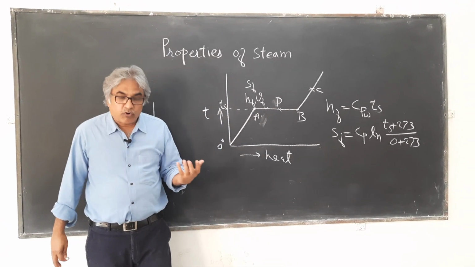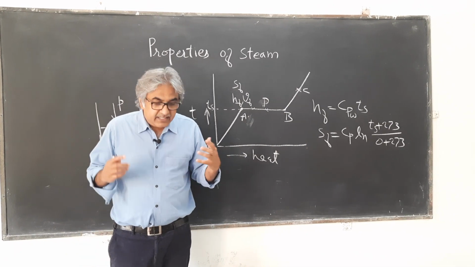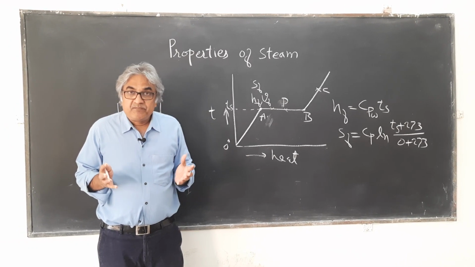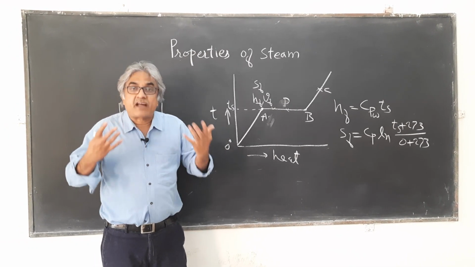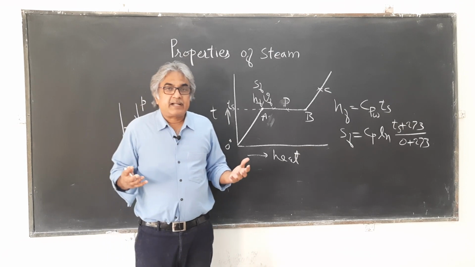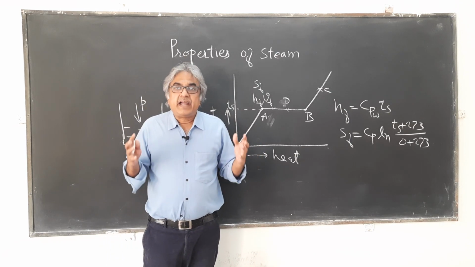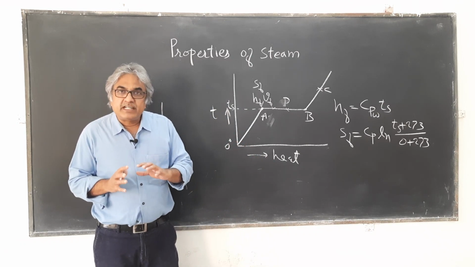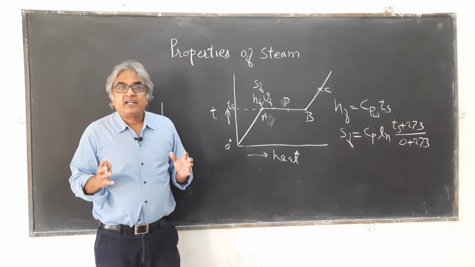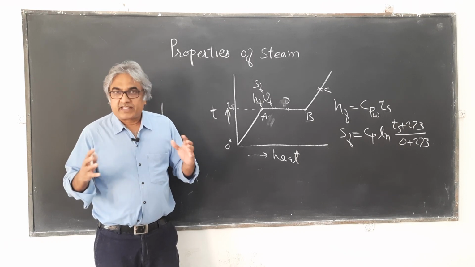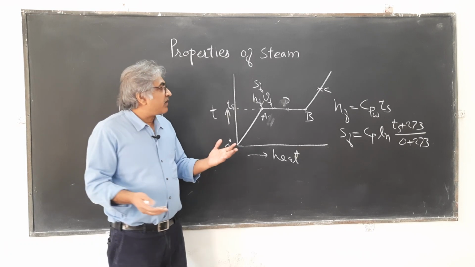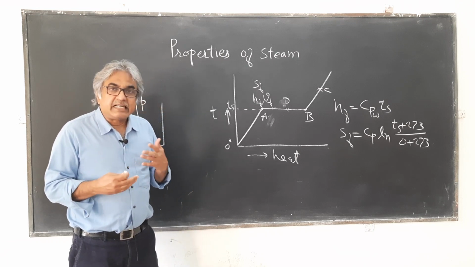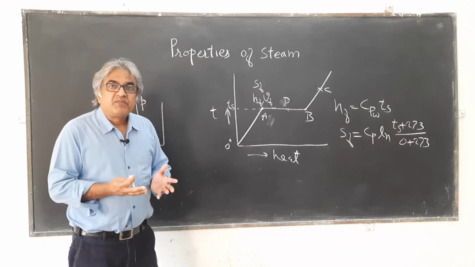Now we have a property known as dryness fraction. It just tells you, of the given mixture of steam and water, what percentage is dry. If one says that the steam is 80% dry, that means the mixture contains 80% dry steam, and the remaining 20% is water in liquid form. So this is called the dryness fraction. Dryness fraction is essentially telling you the percentage of dry steam in the total wet steam.